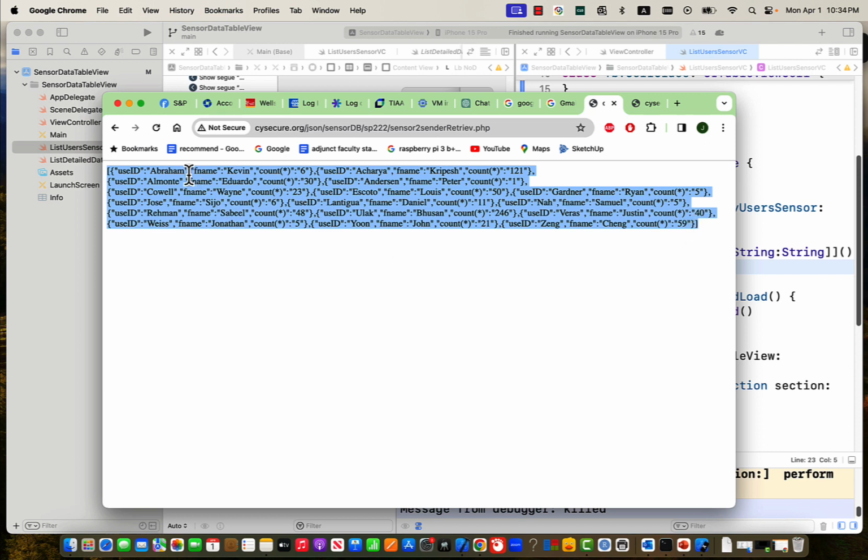That vector contains a dictionary. This is one dictionary, which means this dictionary has a number of key and value pairs. So key is user ID, value is John. Key is fname, value is John. Yeah, and key is count, how many, and then value is 21. Okay, that type of thing